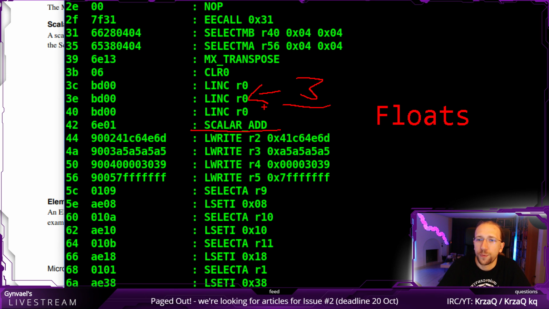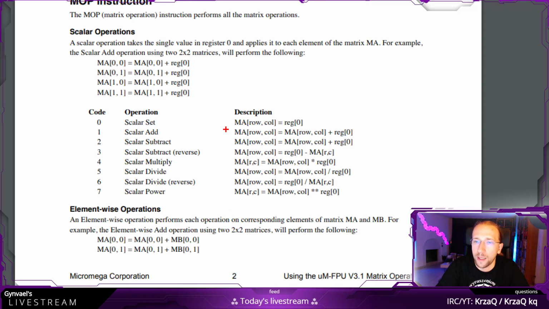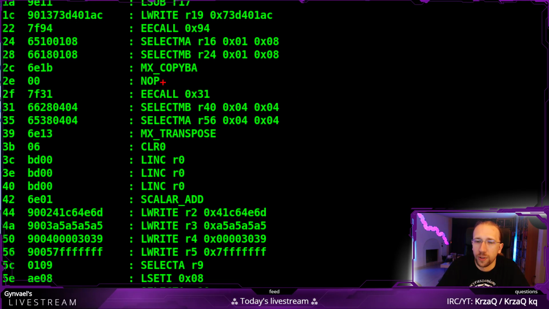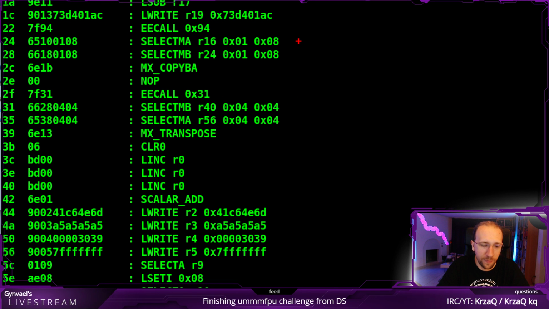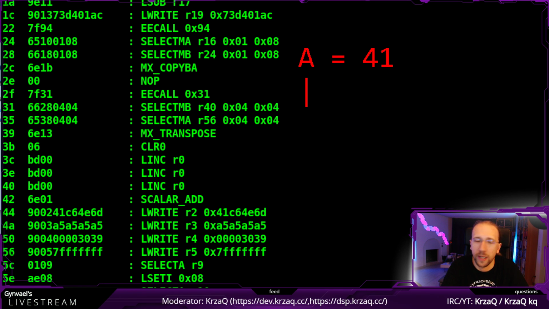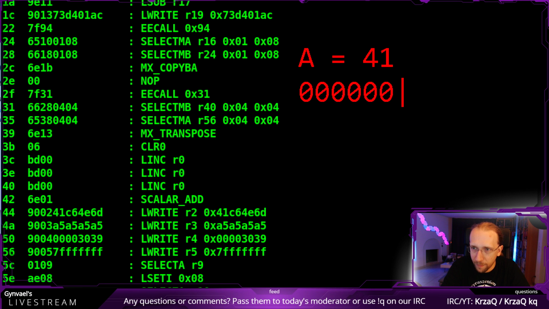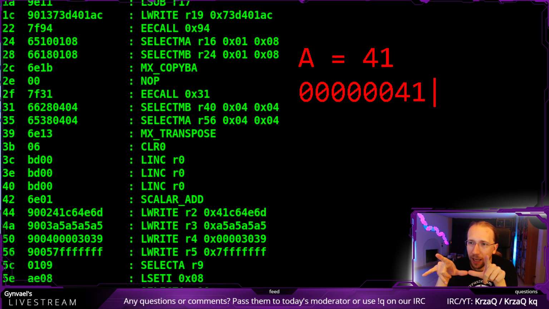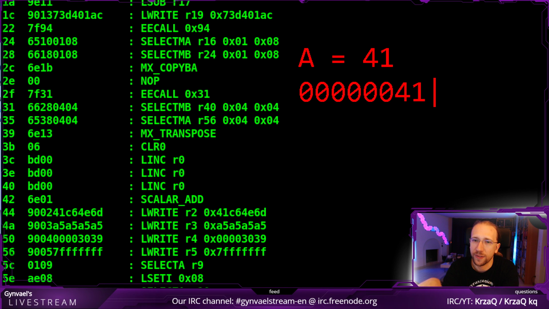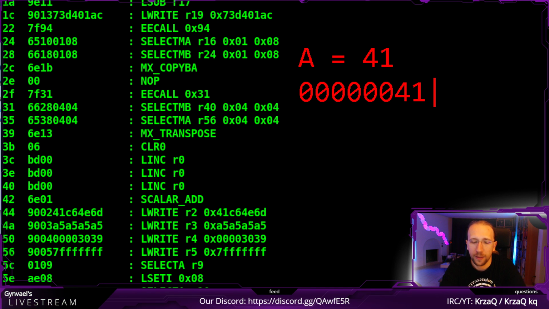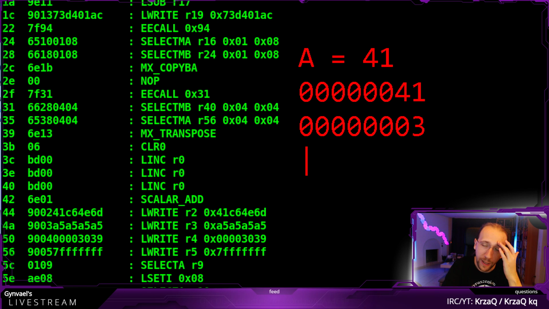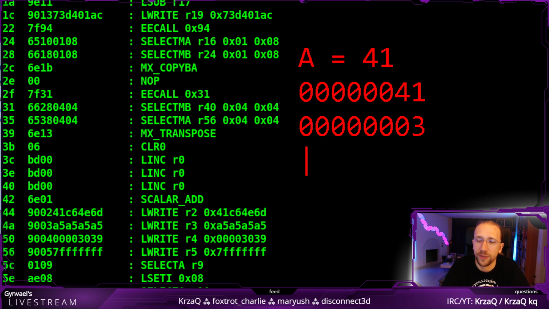But since we have in the MA register, because this is operating on the MA matrix, the flag, let's assume the first character is A, right? That's hexadecimal, obviously. And this value interpreted as a floating point value is actually the denormalized value. And value 3 is also a denormalized value, so additions on two denormalized values, as long as the result is still denormalized,